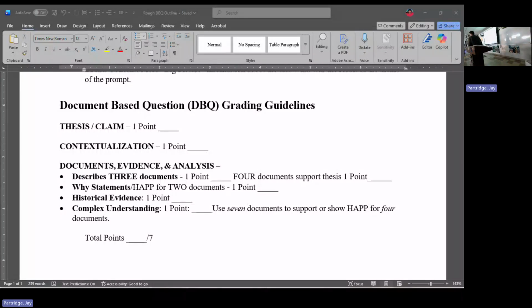About this yesterday, but remember, you have 7 documents. Everyone take out your documents. You have 7 documents. You have to use 4 of them. So you have to paraphrase them, show that you know what's in the document, and then use them as evidence